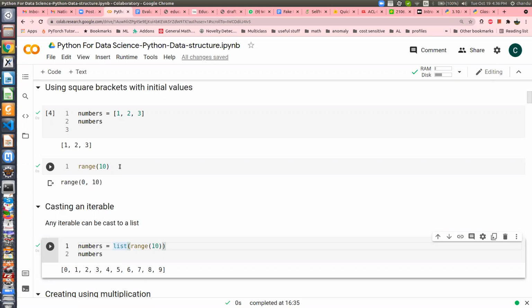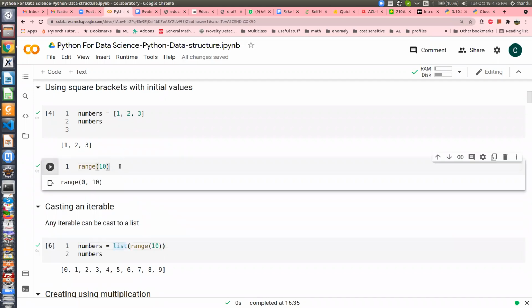When you type something like range 10, or an iterator or generator, let's say I want to create an array of 1 million. If I execute this cell, it will run much, much faster than a C program. Why? Because range is a generator.